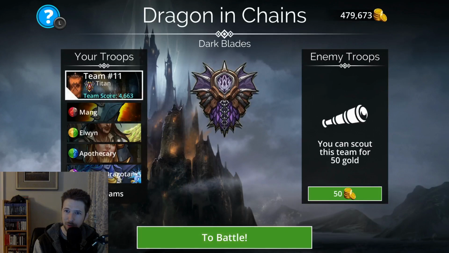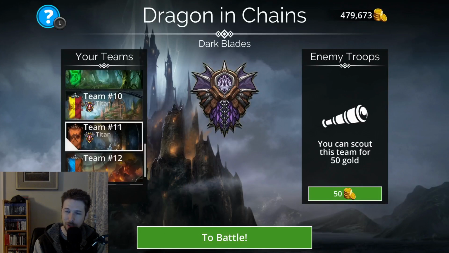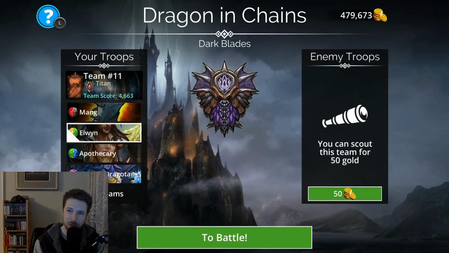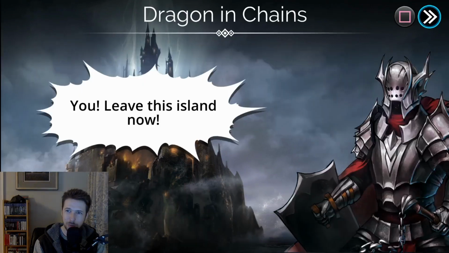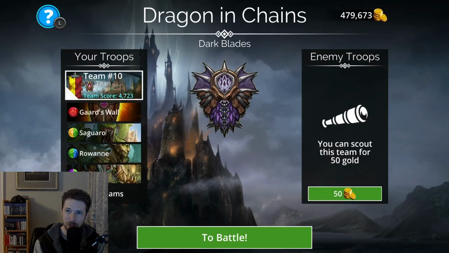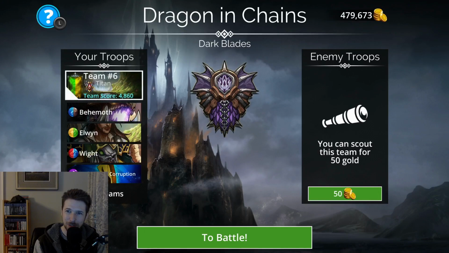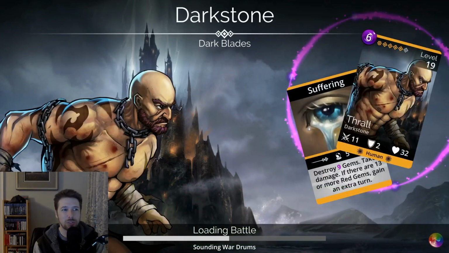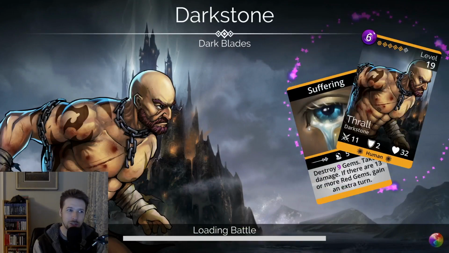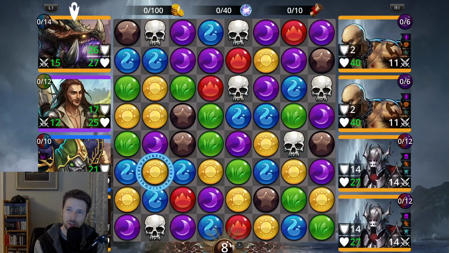this team here I was using for dungeons, that team at level 11 here, which was Mang, Elwyn, and we have some Apothecary. Those were the 3 main troops. Worked pretty good for dungeons, but we're going to switch the team here to what I was using before. Not that one. I think it was 6. Yeah, I'm pretty sure it was this one. The battles went by pretty quick with this, so I think I'm just going to stick with this one for this quest, and we might change up the team for the next one, if we do a next one, because